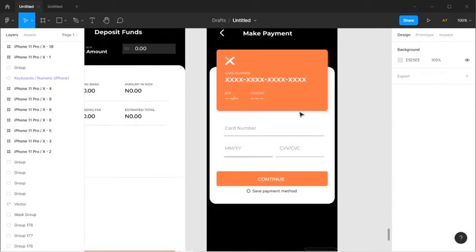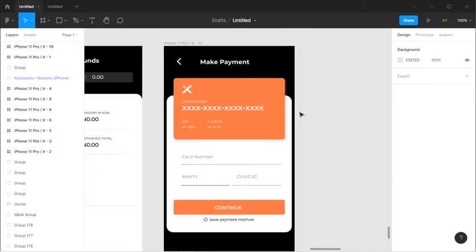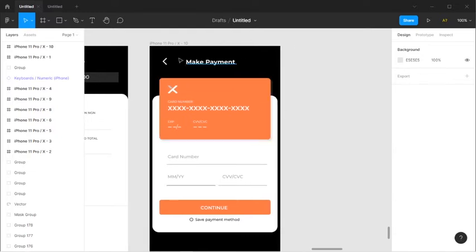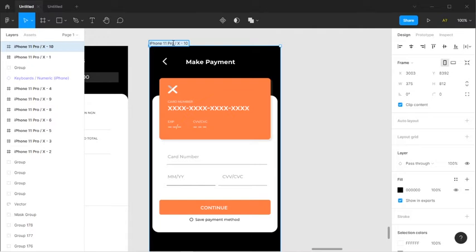Okay, so we have this page ready for use, make payments. What we are going to do about that page is we are designing scenarios for it, right? This page is add card,